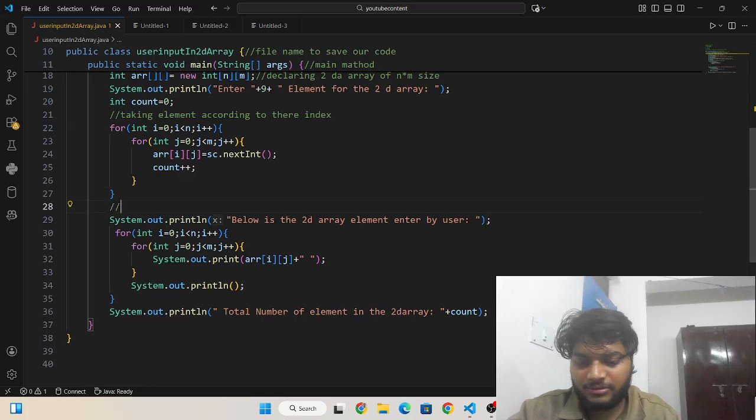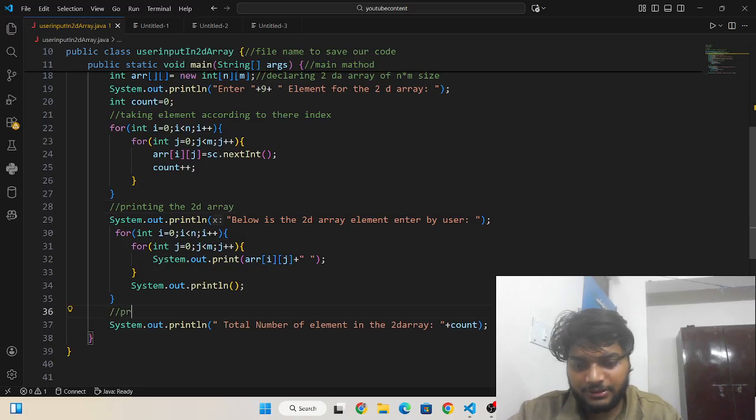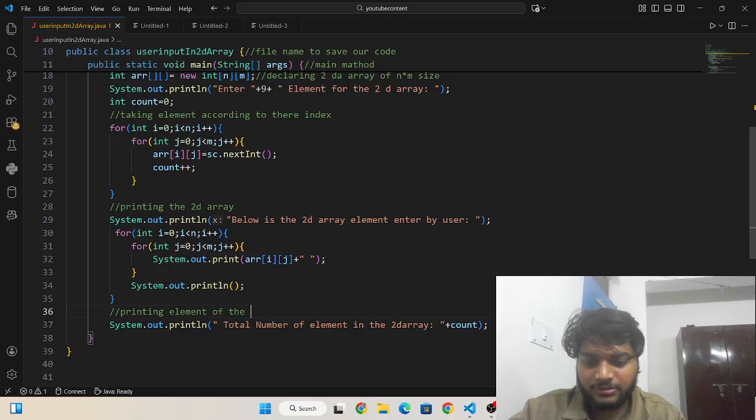And we are traversing, not printing, not traversing, we are printing the 2D array. Then here we are printing the total number of elements in the array.